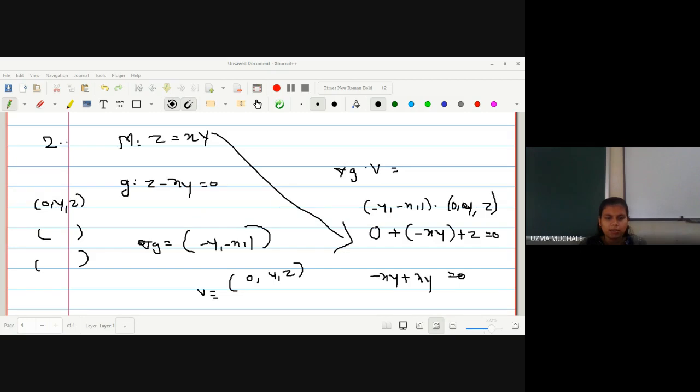Okay. Now let me introduce the fourth chapter, which is the last chapter, the shape operator. We have to now go for the fourth chapter, the shape operator. I will require only 3 lectures to complete the shape operator because there is nothing much in it. Only definitions are there.